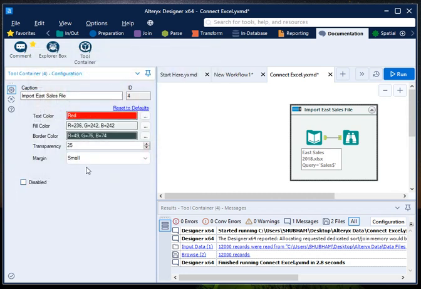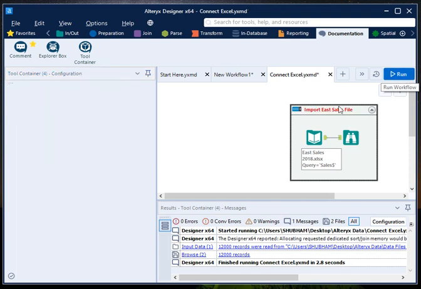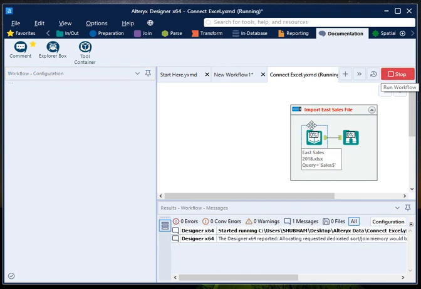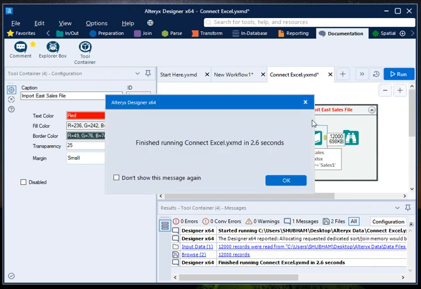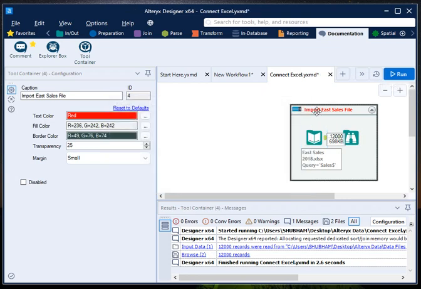Now you can also disable a particular container by clicking here. Right now I don't want to disable it. Disable means you don't want this container to run. Once you hit run, it will make the changes. Right now it has made the changes: your container is placed, the heading of the container is red, and this particular workflow